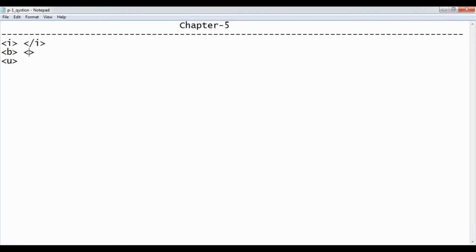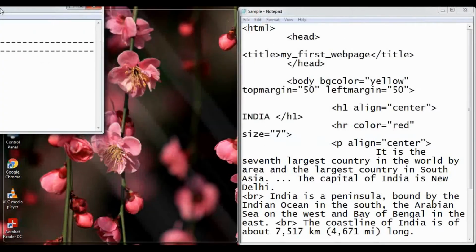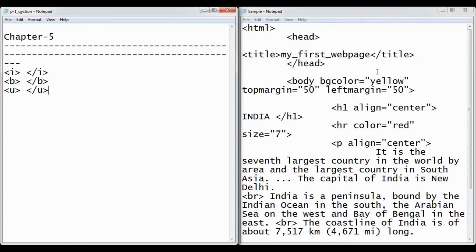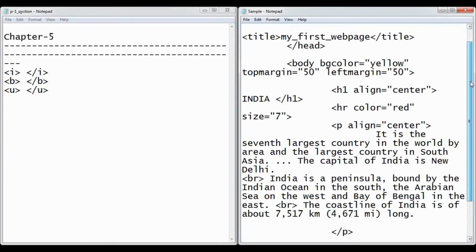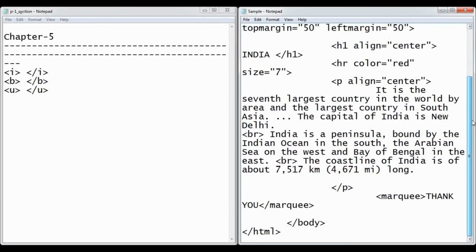So close italic, close bold, and then close underline. So now children, I will be using the previous program which I have given you in your notes, and I'll apply these 3 tags on that program. Now let us see how does it work. If you remember, this was the program on my country which I have given you previously.